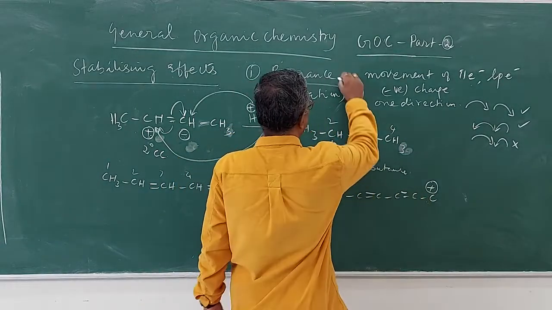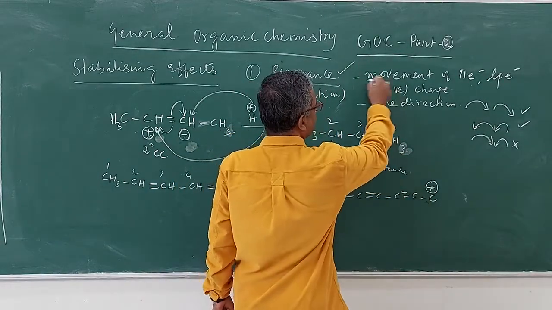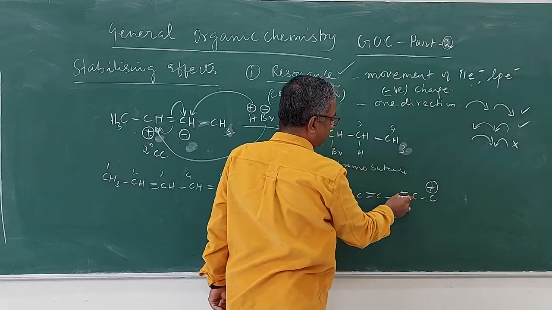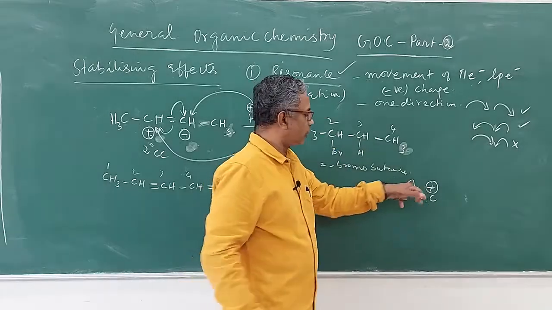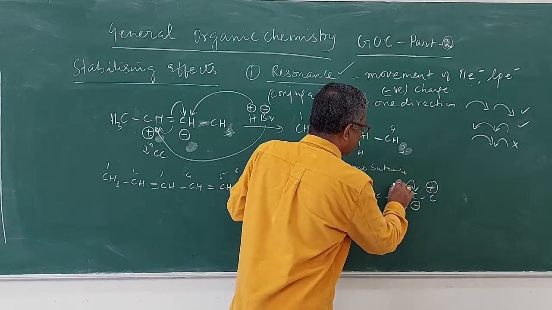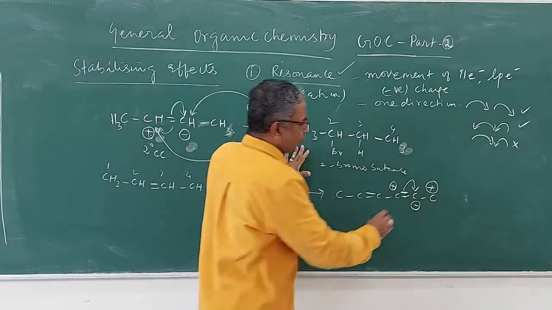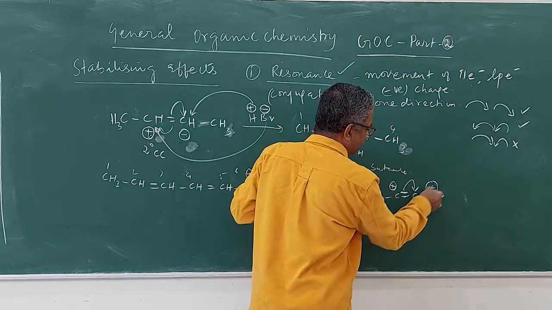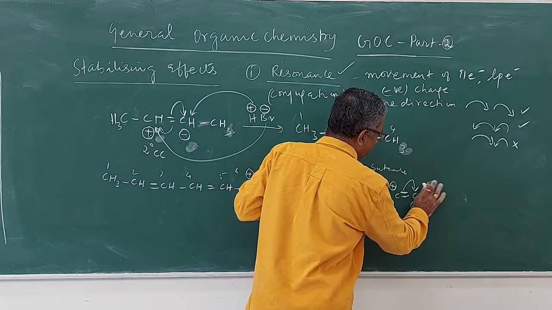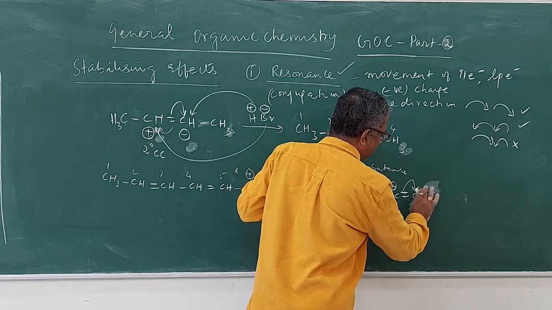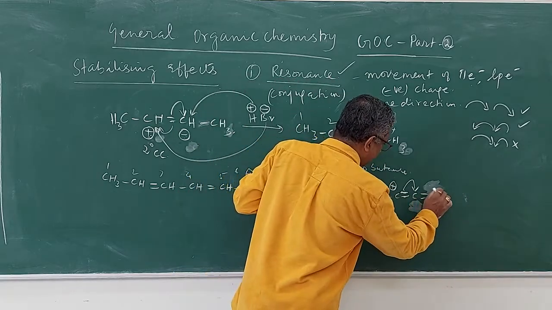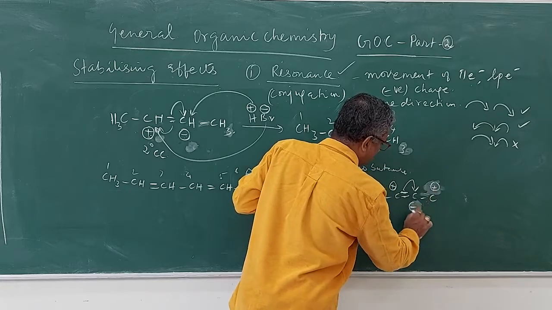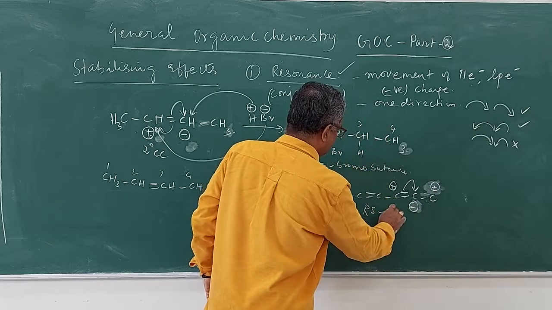It takes place through resonance. So how does the resonance work? Movement of pi electrons. So this is the pi bond here. This pi bond will move here. This pi bond's electrons will move to this. So you will have a negative charge here, and you get a plus charge here. When you have plus and minus present on adjacent atoms, a bond gets formed here. Okay, so this is the resonance. Maybe we will write it as a separate structure. So this is called resonance structure 1.